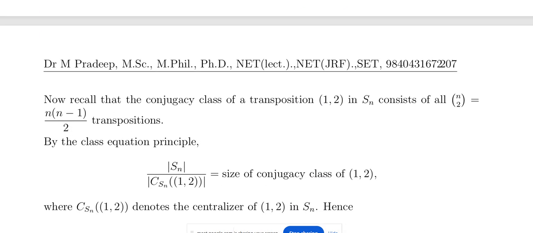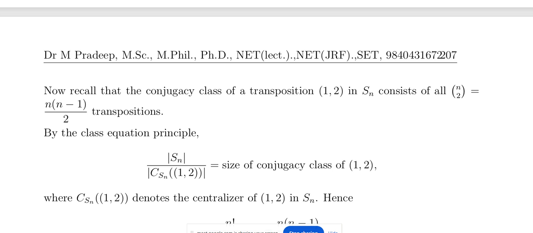That is the conjugacy classes of the transposition (1 2) in Sn. It consists of nC2, that means n into n minus 1 divided by 2. That is the transpositions. Transposition consists of all nC2 transformations, and the class equation is defined as